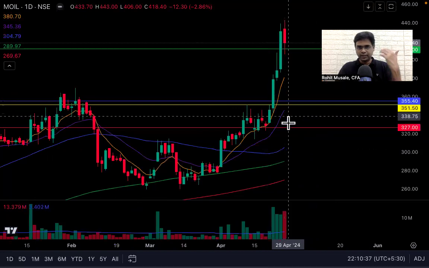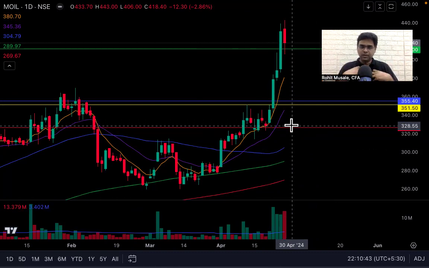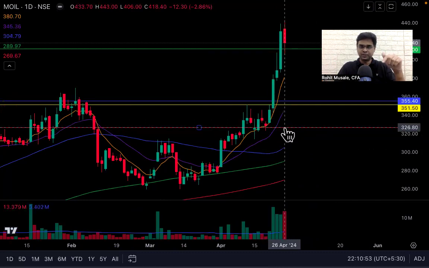You might say, Rohit, 8% is too much risk. Okay, on a 6.25% position size. But for me, it's not 8% risk. For me, it is 0.5% risk, because 6.25% position size multiplied by 8% is equal to 0.5%. 6.25 multiplied by 8%,